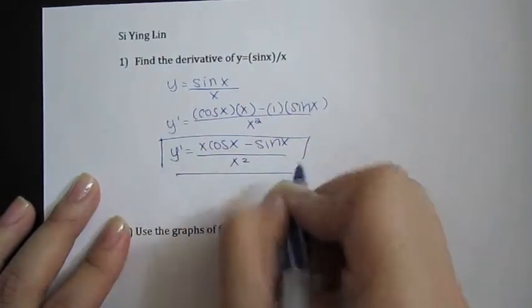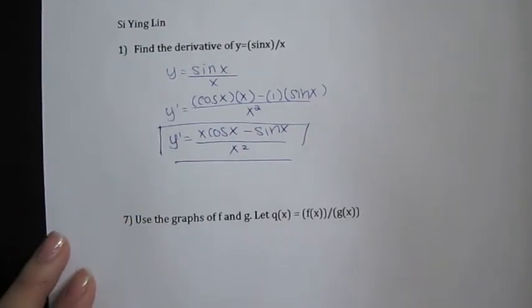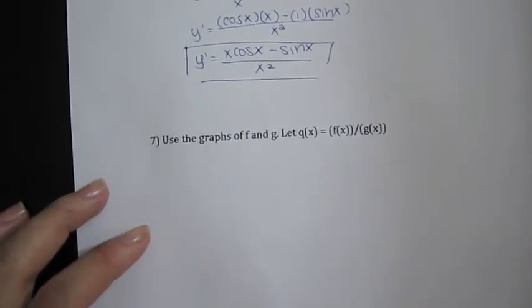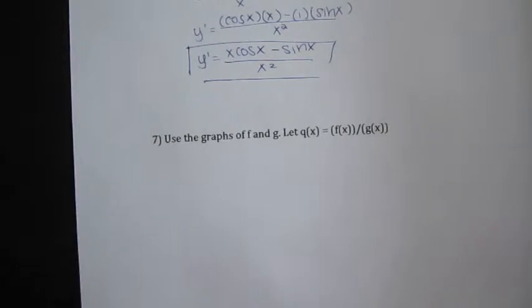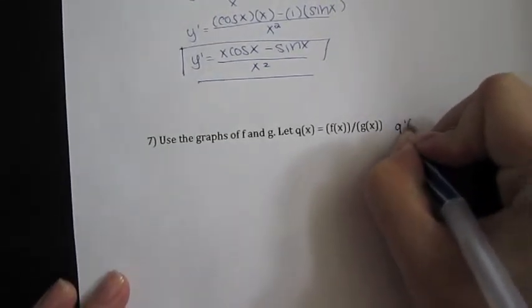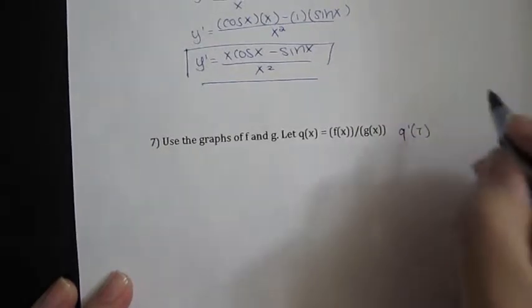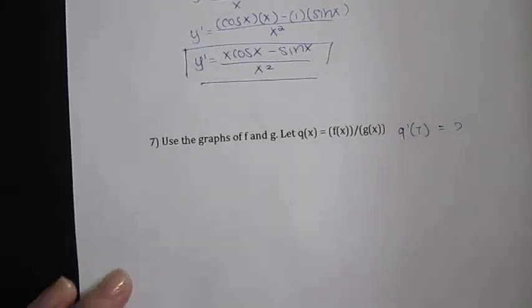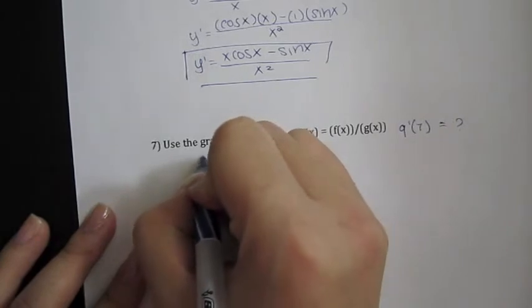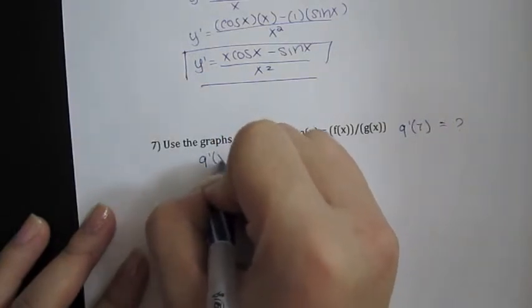That is our answer. The second question that I got wrong is number 7, which is use the graph of f of x and g of x. Find q of x, let q of x equal f of x divided by g of x, and we must find the derivative of q of 7. To find the derivative of q, we must also use the quotient rule. Derivative of q of x equals